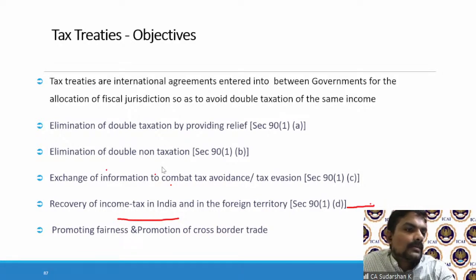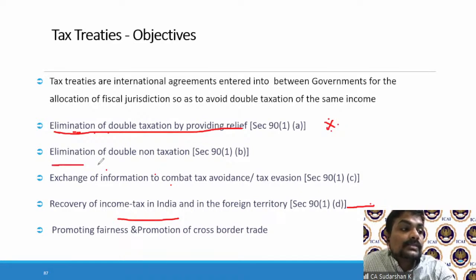Now, if you look, the first and very primary reason is in Section 90, subsection 1A: elimination of double taxation by providing relief. So we're going to see how it is done. This is one of the primary reasons. Now,